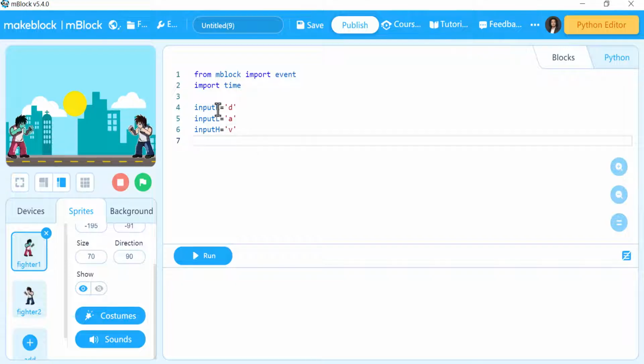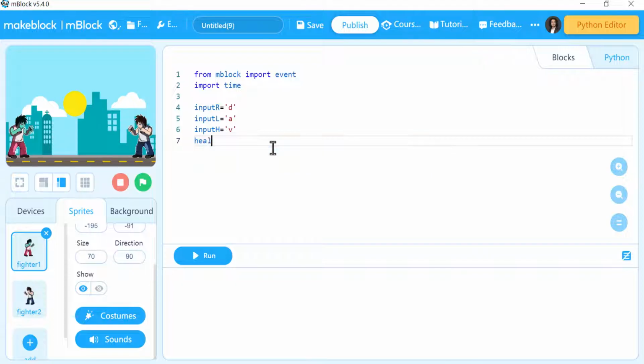So I will move to the right by D, move to the left by A, move or hit by V. These are the keys inside the keyboard, by the way. So concentrate with me. I'm talking about keys right now. And every key, I put it inside a variable. Okay, I will use all of this code in the other fighter again, but I will just change the values